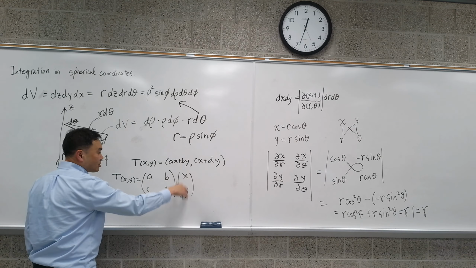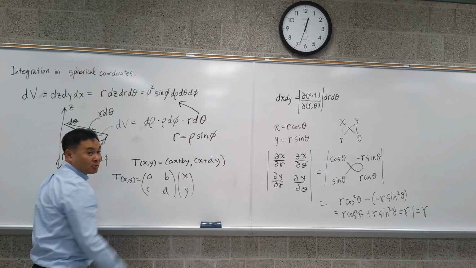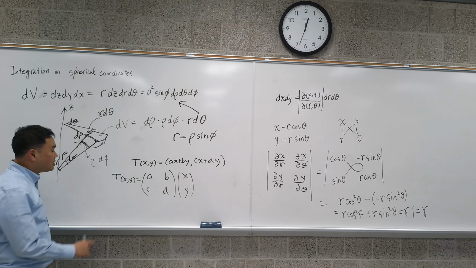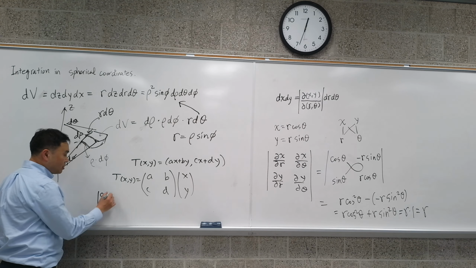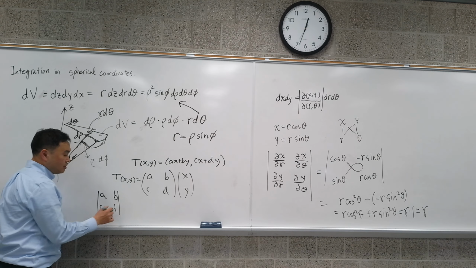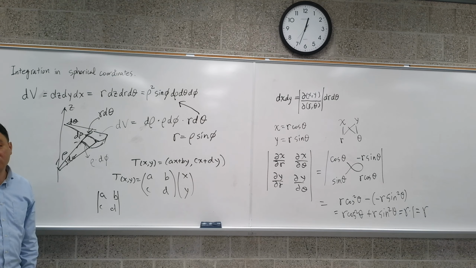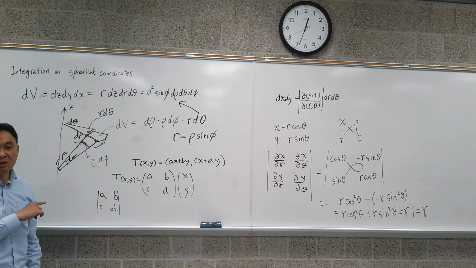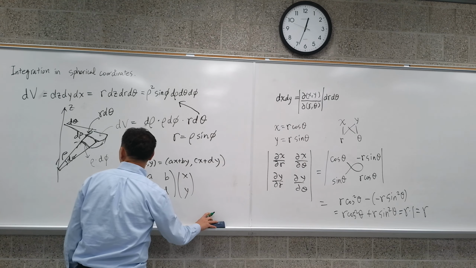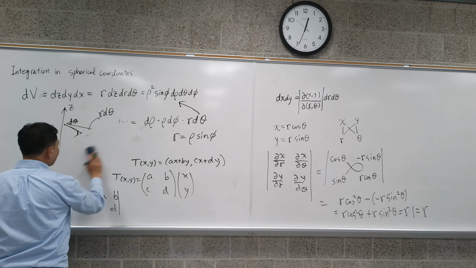If you do across down, you get that. And the meaning of the determinant of a, b, c, d gives you the change of area from one to the other. Did we go over that? Determinant having the area. Oh wow, you're right. Yeah, I think we did talk about it, but in case you forgot,